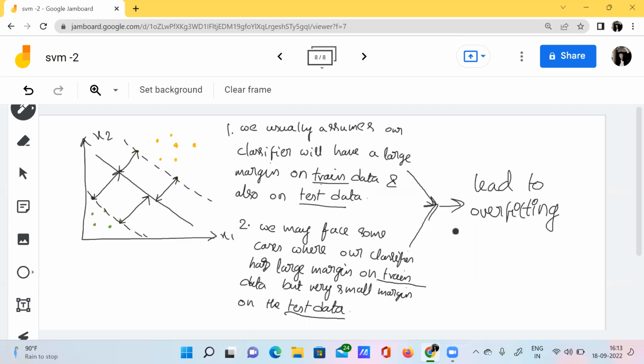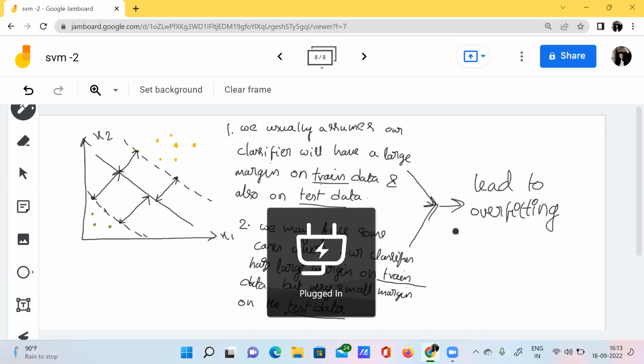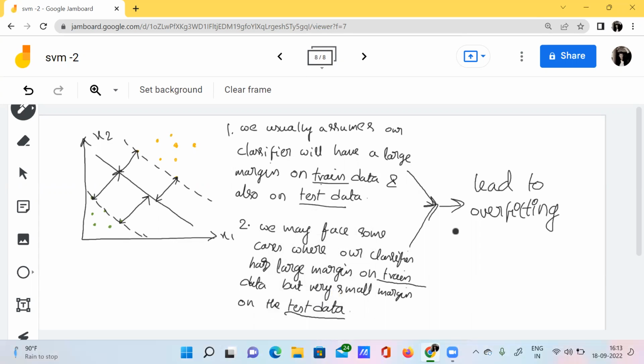I'll explain that topic later. But now, we usually think that our classifier will have a large margin on the training data and also on the test data, but we may face some kinds of cases here.